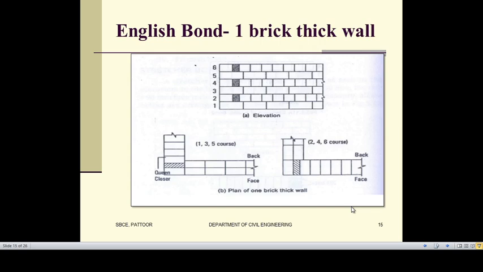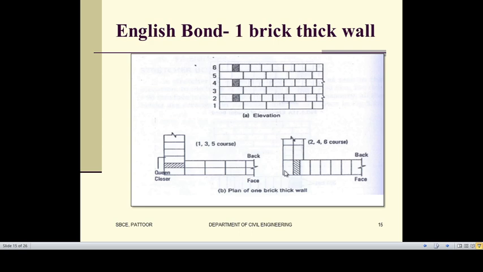And we are having 1 brick thick wall as well as 1.5 brick thick wall. There are even more than that: 1 brick, 1.5 bricks, 2 bricks, like that. The thickness of the wall is mentioned based on the length of the brick. So 1 brick thick wall means the thickness of the wall will be equal to the length of the brick, the length